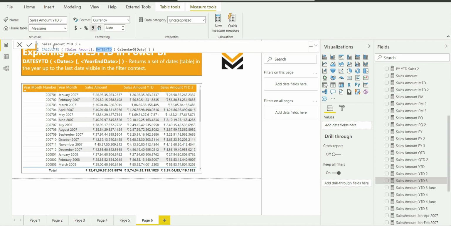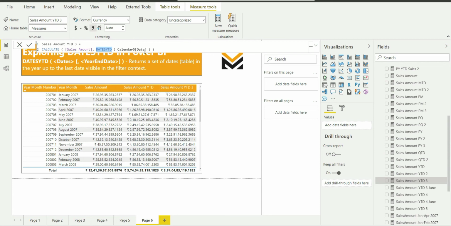And what you have to do in this particular case is make use of CALCULATE. The first parameter of CALCULATE is going to be the sales amount variable, and the second one is going to be the DATESYTD function, in which you are going to pass the date column. That's it.